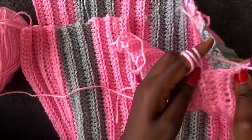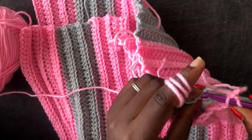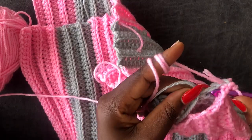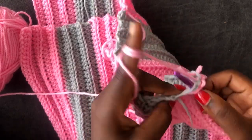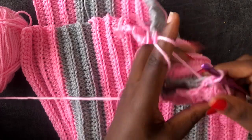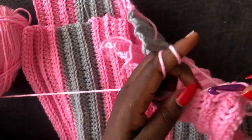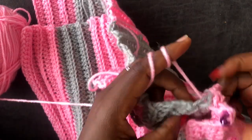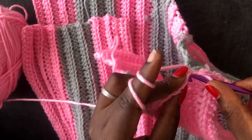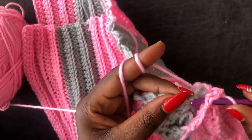In every half double crochet you're going to slip stitch twice, so go back into the same half double crochet and pull through, go into the next half double crochet, pull through and go back in again, pull through, then the next half double crochet, pull through